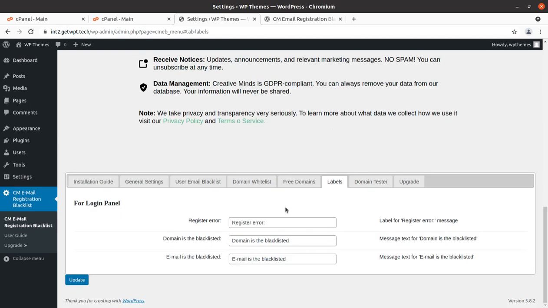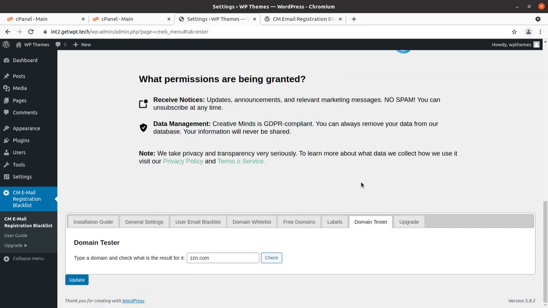So labels, let's see. For the login panel, register, we can throw some message like domain is blacklisted or email is blacklisted, like this. So register error or something like that. We can change the language of the restriction. Domain tester: type a domain to check the result for it.